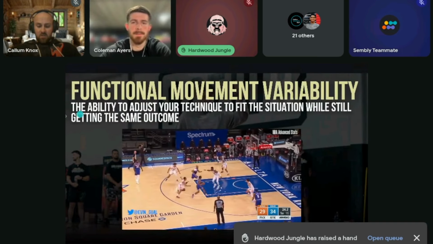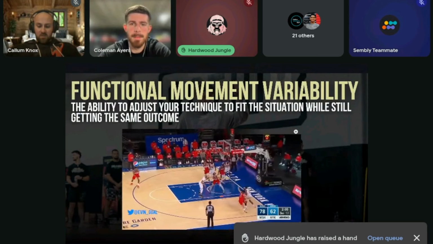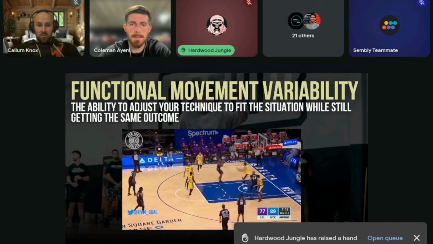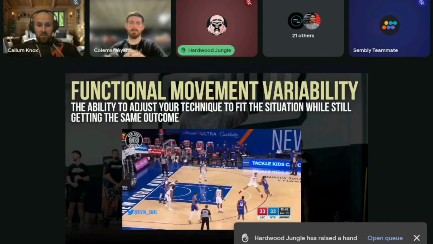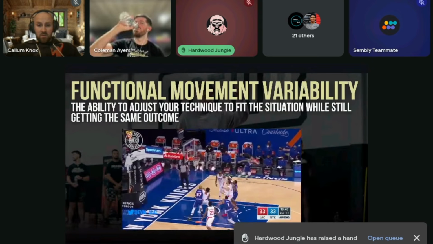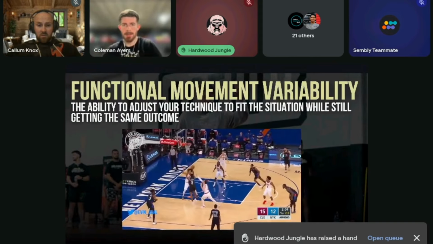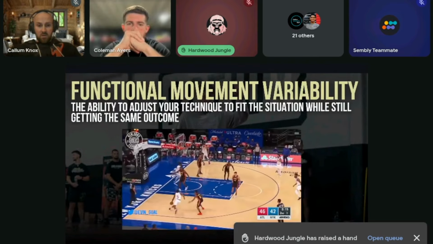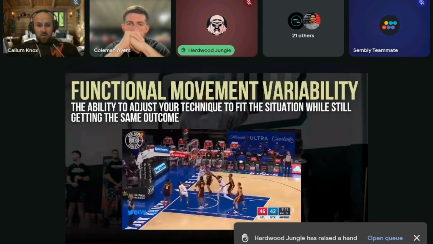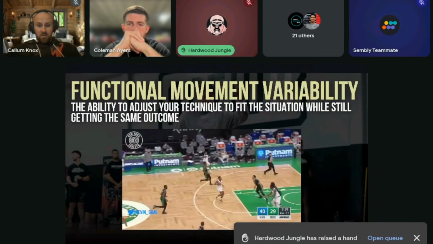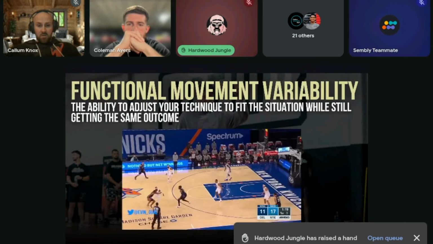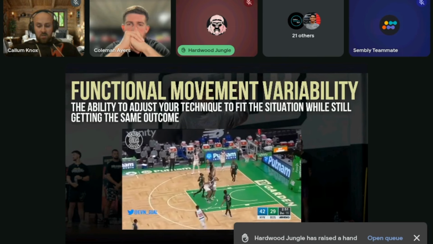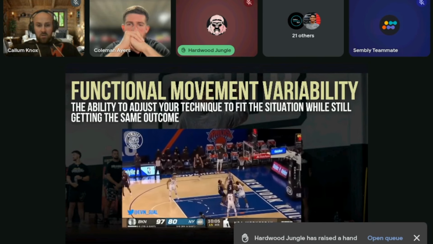All right. So notice here how all of these are floaters, right? And by the same player, Emmanuel Quickly, and every single one is a little bit, if not a decent amount, different. Obviously, not only the foot that he's jumping off, whether it's 1 foot, 2 foot, but also the angle he's taking, his release angle, whether he's rotating or not, the speed that he's at. All of these things are constantly changing. So as we think about floater technique and how to shoot floaters, yes, we want to have a stabilized floater form, but even more quickly than a jump shot or other skills, we want to get comfortable with as many types, as many variances in technique as we possibly can.